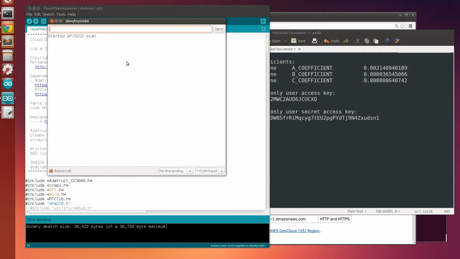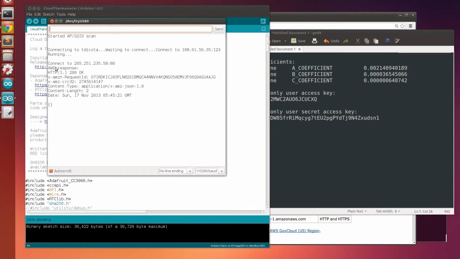And we should see it'll connect to my Wi-Fi network. It usually takes about 30 seconds or so. Okay, now it's running. So now you can see there's a little bit of text that's displayed here, and basically every minute when it takes a new sample and it writes it to the database, it's just going to write out the raw request data or response data from the Amazon Web Service API. So you can see this is connecting to that Amazon Web Service host URL. It's sending some data, which you don't see here, and then it's just echoing out the response that it gets